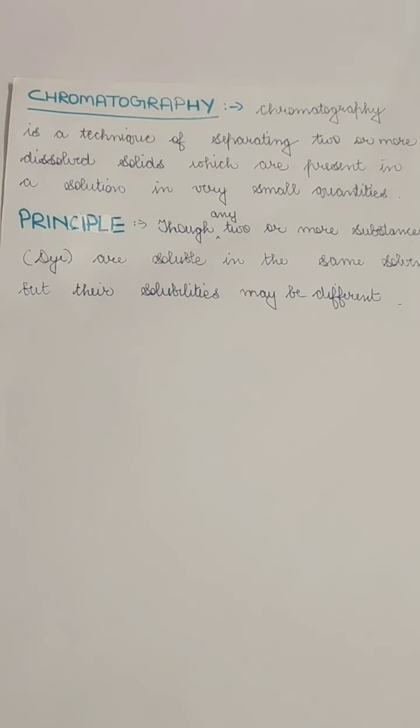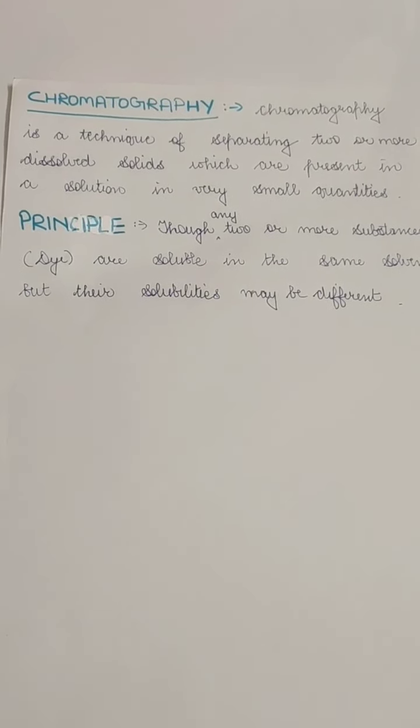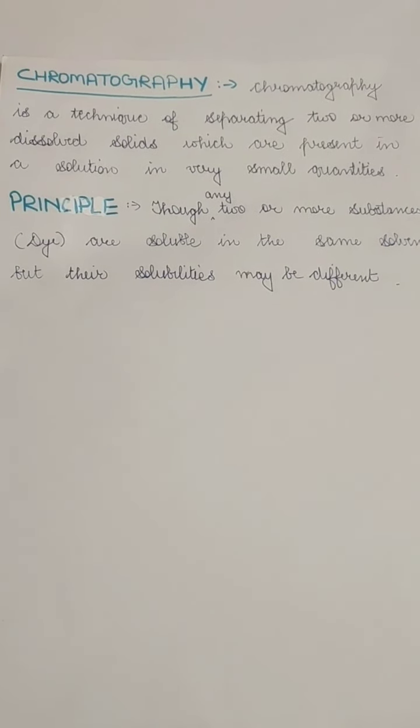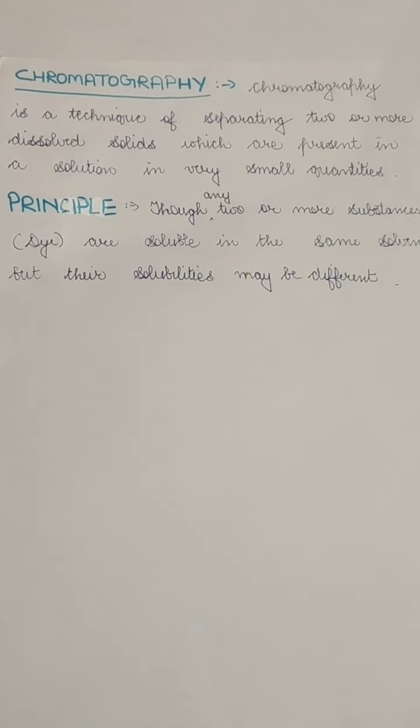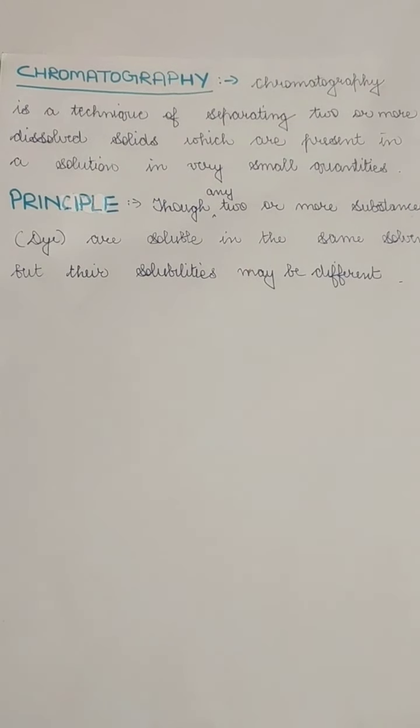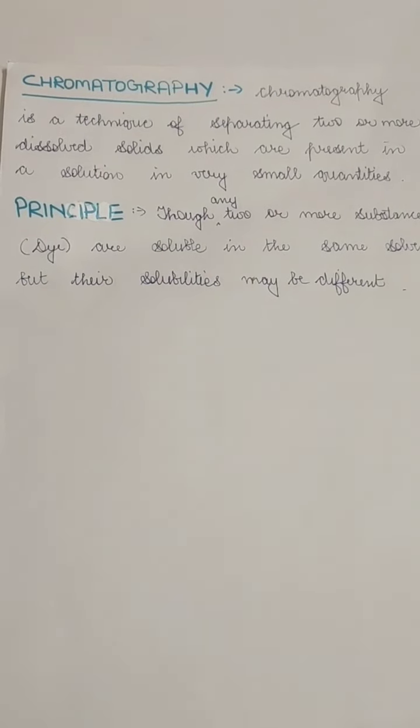So in this lecture today we're going to study paper chromatography, and by using it we can separate two or more different substances which are present in the same solution. For example, if we want to separate different color pigments present in a single dye, then we have to perform this process. Now, you would think that we can also separate by a process called evaporation. Yes, we can, but through evaporation we can only separate the dye from the liquid. So we can separate solvent and solute separately. But what if we want to separate the different pigments of the solute present in the liquid?